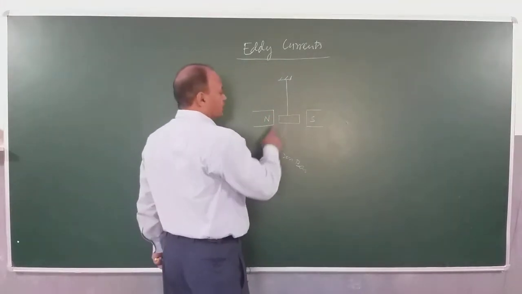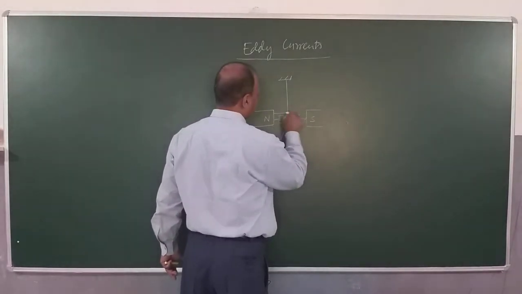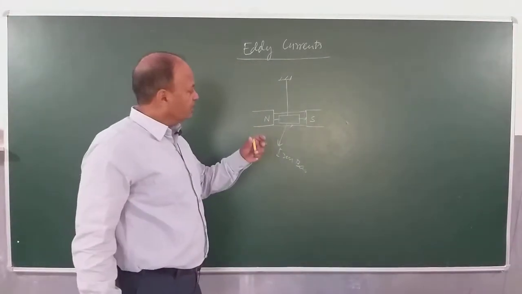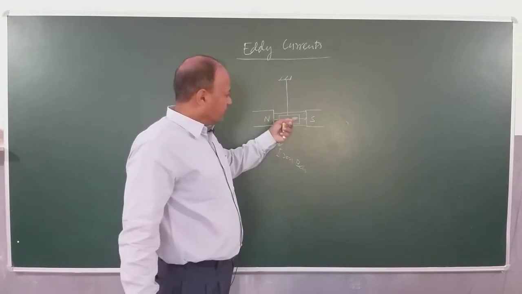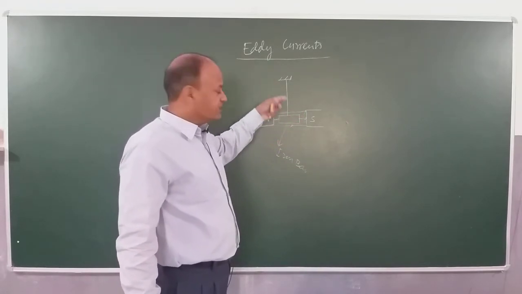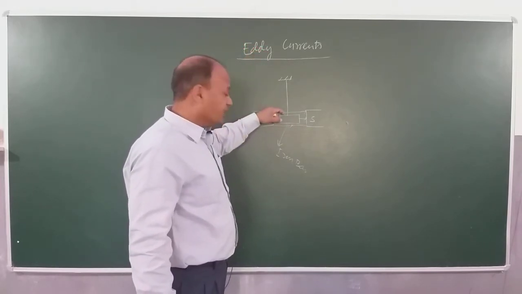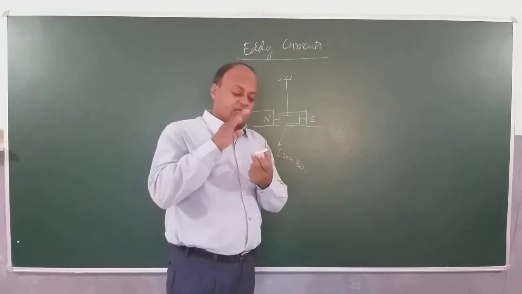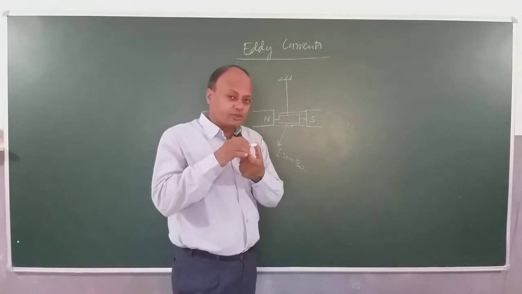Now, magnetic lines of force will be directed like this. So you can see when it is coming out, then the flux will decrease. Going in, the flux will increase. Again going out on the other side, flux will decrease. Again coming in, flux will increase. So flux is continuously changing through the bar which is swinging between the two poles.